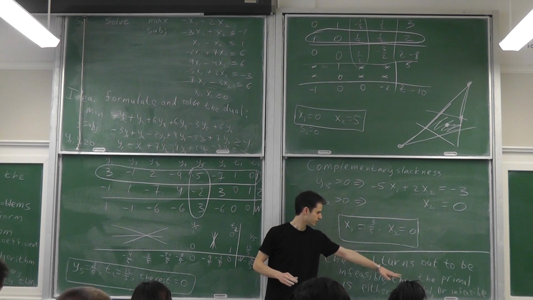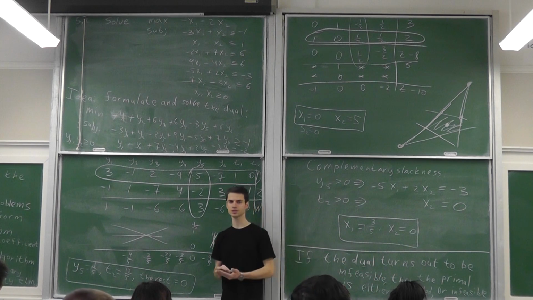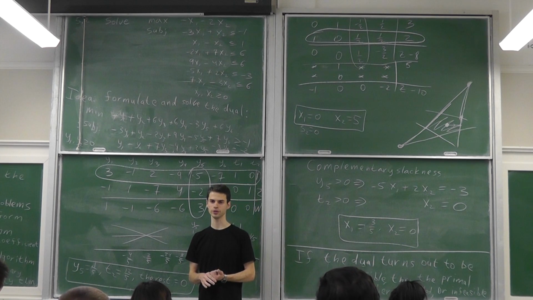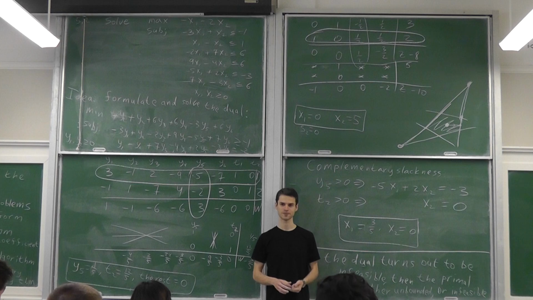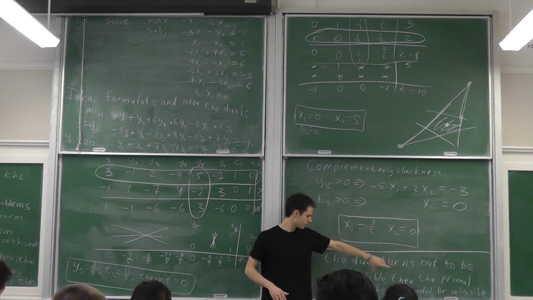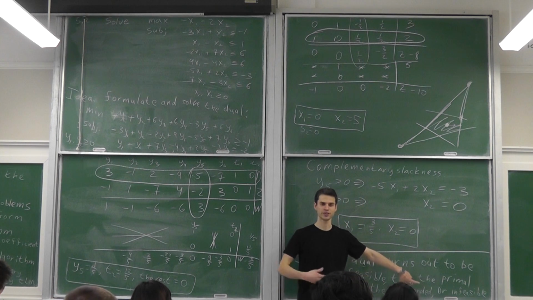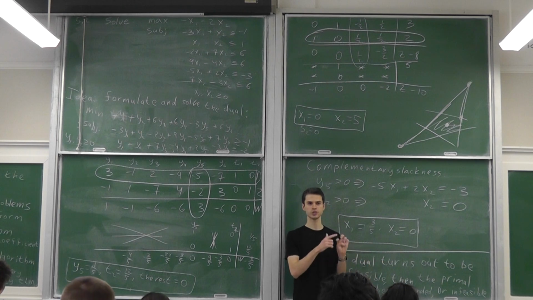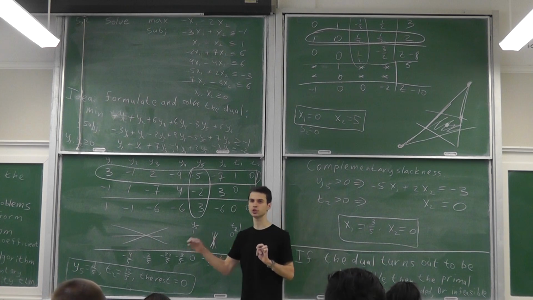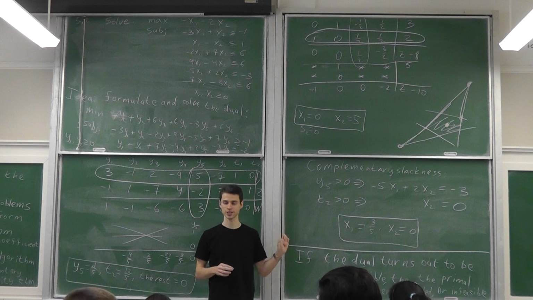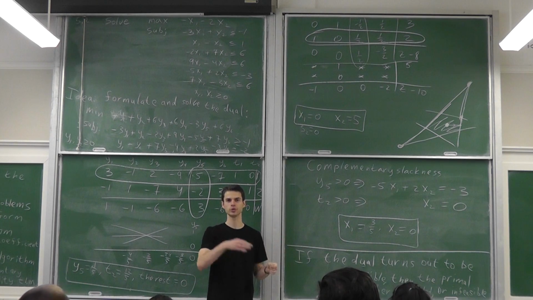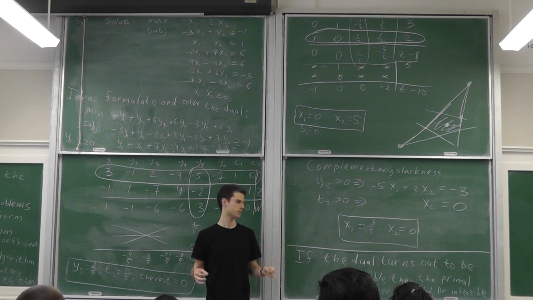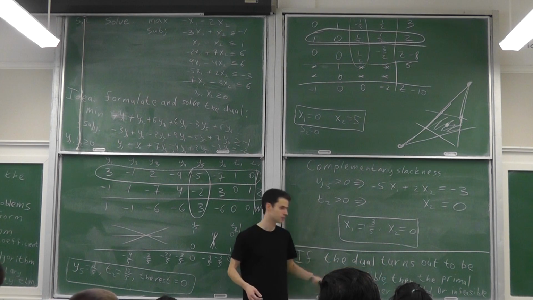Could it be both feasible and bounded? No. Why not? There's strong duality. Yeah, strong duality says the other one would also have a solution. Exactly. So that's all the possibilities. The third possibility that it is both bounded and feasible would contradict strong duality. If it is both bounded and feasible, it would have an optimal solution, and this optimal solution will correspond to an optimal solution of the dual. But if the dual doesn't have an optimal solution,